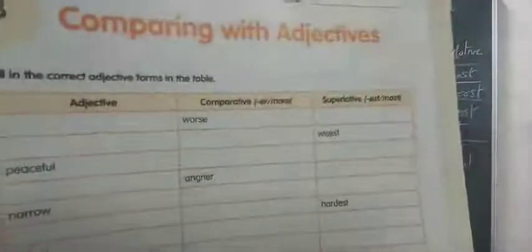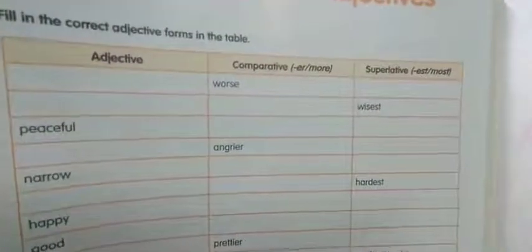So here comparing with the adjectives, you can see, fill in the correct adjective forms in the table. So verse, you know that. So EST, for the next one added EST. So basing on that, you want to check that word and you want to complete it. So peaceful. So how is the word pronounced? Check everything and just try to complete your first answer. Now coming to your second one, fill in the blanks with the correct form of adjective. A rock is dash than a leaf. So comparison between how many? Just remember how many are there. Basing on that, you want to use the comparative or superlative degree.